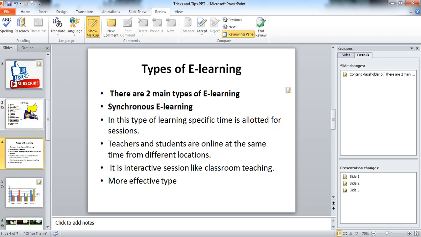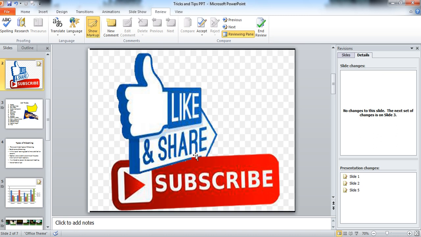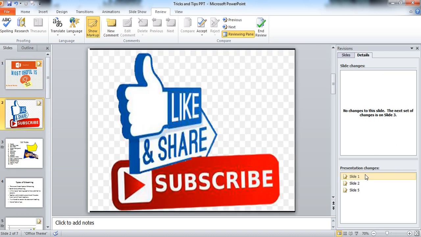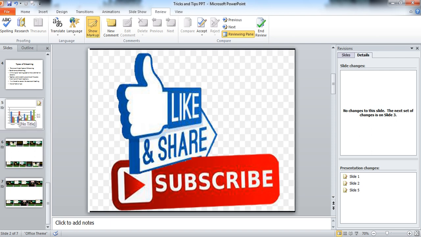In this way you can compare the slides, and it gives the presentation changes slide 1, slide 2 and slide 5 because previously there is no chart in the first presentation. Suppose you want to keep these changes, then click on accept, otherwise click on review.